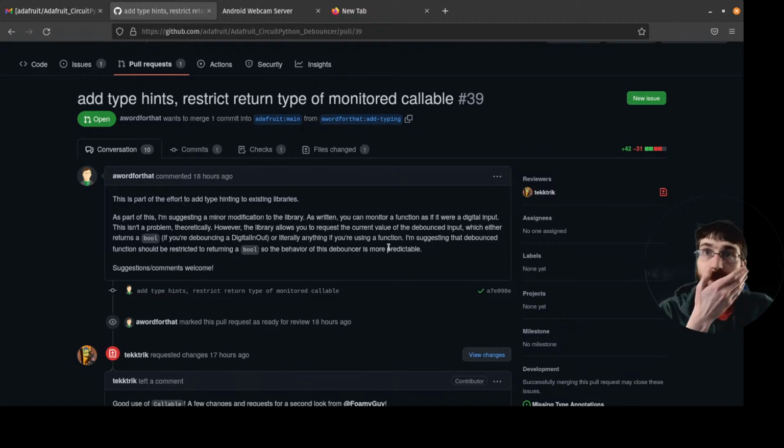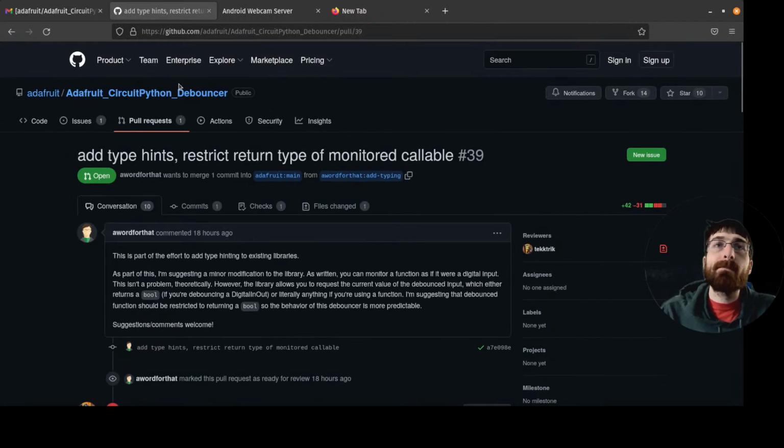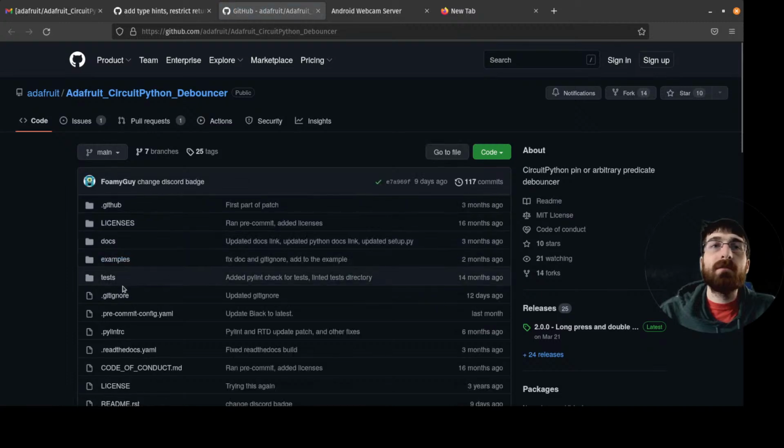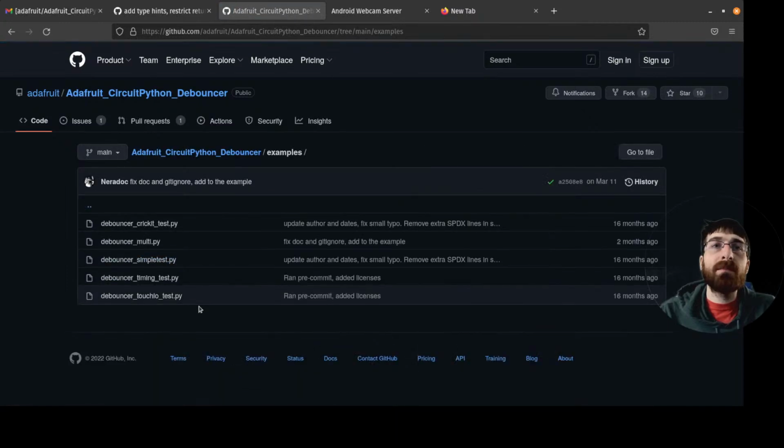Modification. Allows you to request current value of the debounced input. What does it look like? Or I think there's an example of its usage.